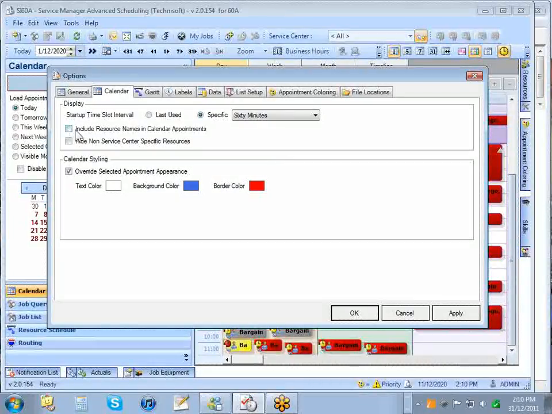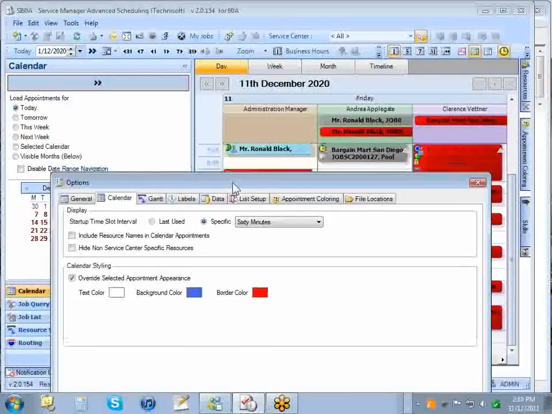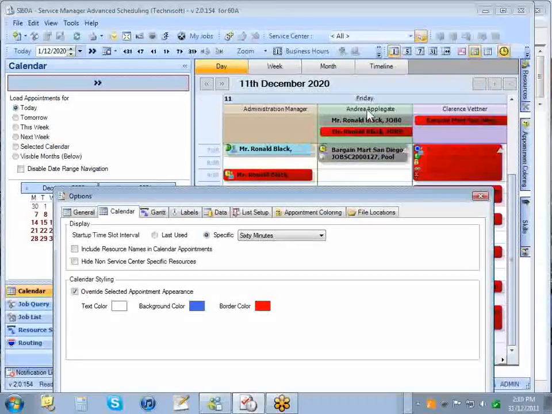Now, include resource names in the calendar appointments. I'll just move the screen down a bit. You can see here that we've got a resource for Andrea. Andrea's name is not included in the calendar appointment here. We've got the customer details, which we'll look at shortly. And if you would like Andrea's name to be included in the appointment details, you can do that. Your hover will display her name anyway, but as you're in that column, it's quite obvious which employee it is